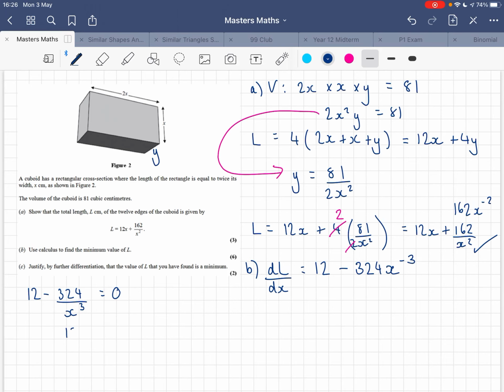I'm going to add the 324 over x cubed to the other side, and then I'm going to cross multiply so I get x cubed is equal to 324 over 12, and then I'm going to cube root that,